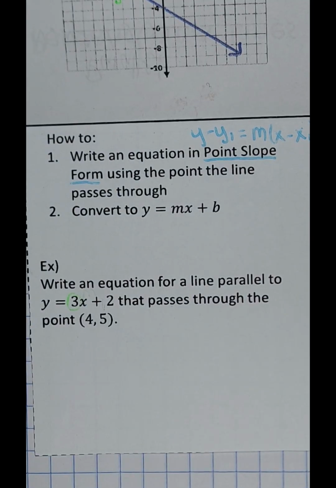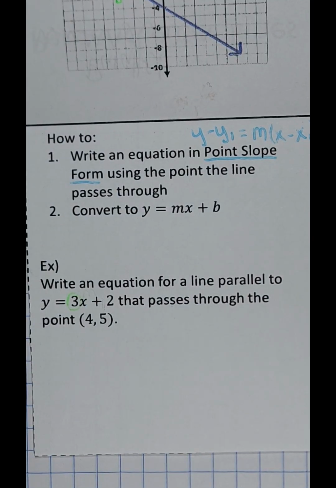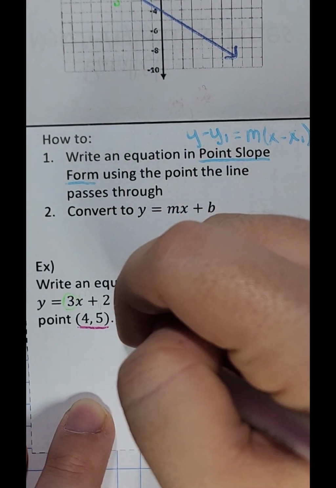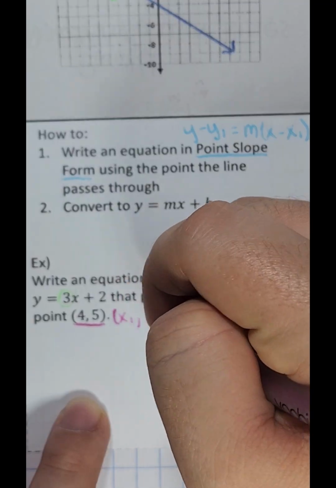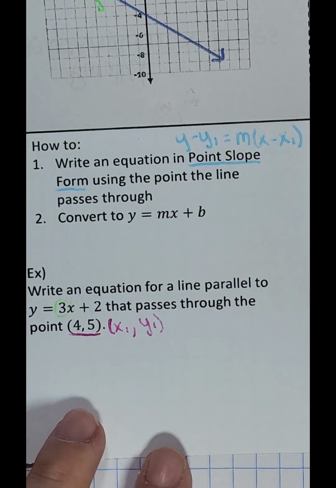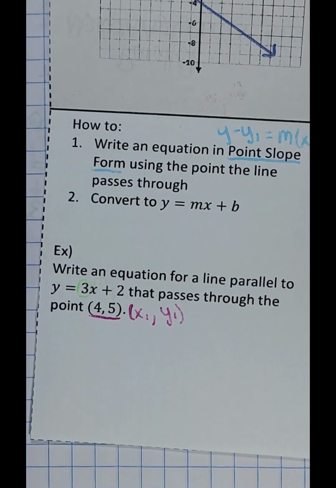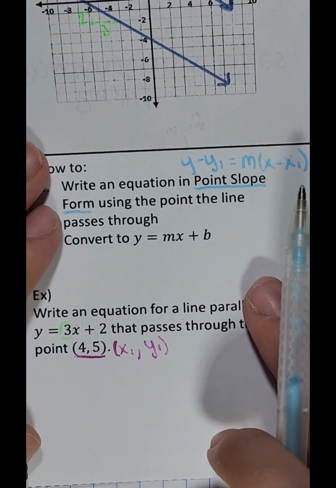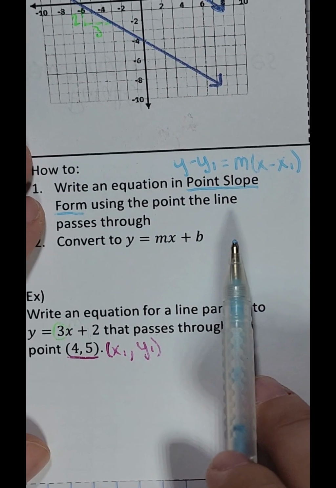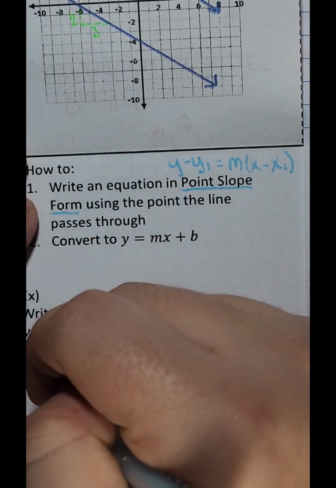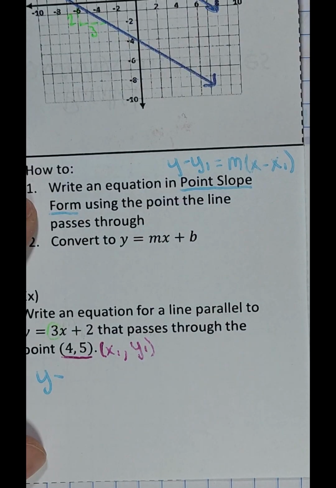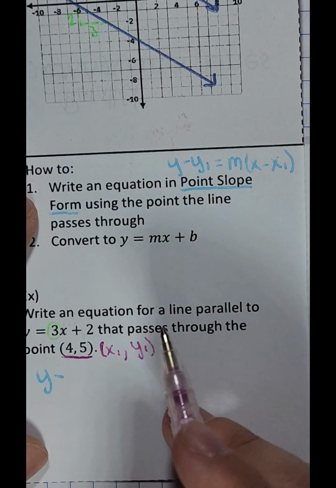And we have our x1, y1 from the point that we need to pass through. So that would be our x1, y1. So to solve this, we're going to start by plugging slope and this coordinate point into our point slope form. So I have y minus the y from the point we're passing through, which was 5,